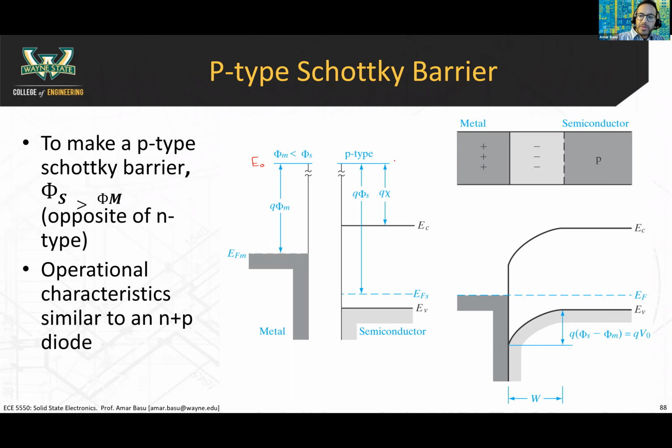This is E sub 0 for the metal, and this is E sub 0 for the semiconductor. We line them up at the beginning so you can see that phi m is less than phi s, the semiconductor work function. So at equilibrium,